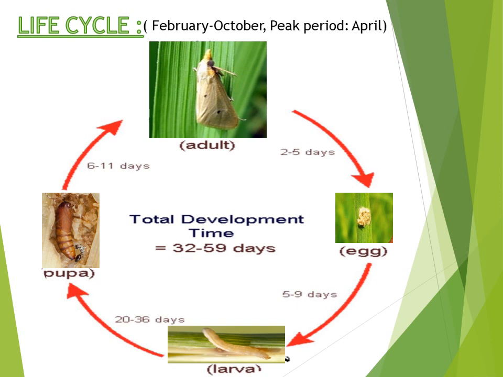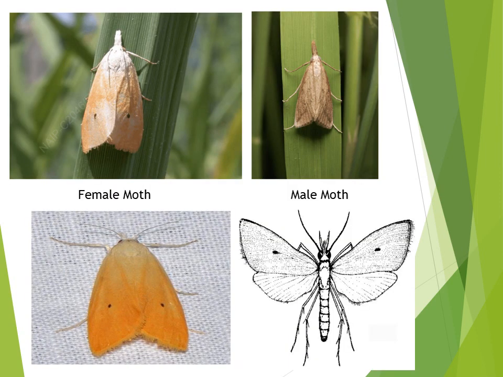In case of males, they are smaller and pale in color, and the forewings are grayish yellow, and they don't bear any black spot like the female. Their abdomen is slender and without a tuft of hair. So this is the detailed description of the life cycle of the paddy stem borer. The whole life cycle is completed in 30 to 45 days, and up to 5 to 8 generations can be seen in a particular year.